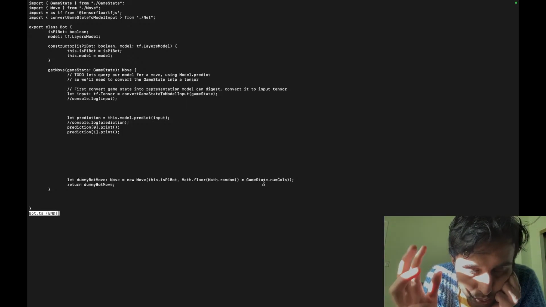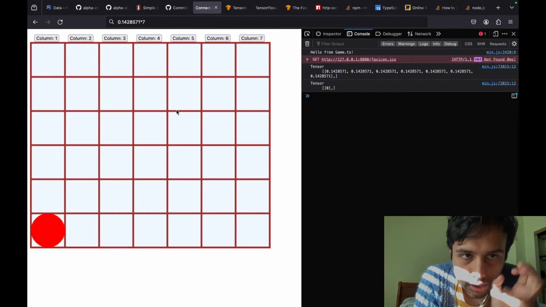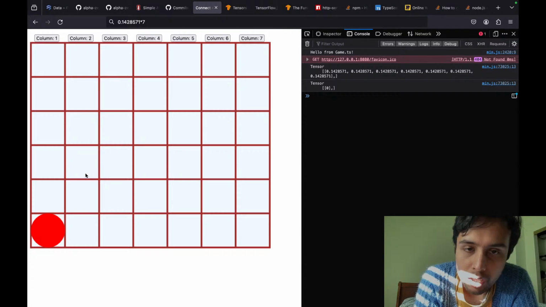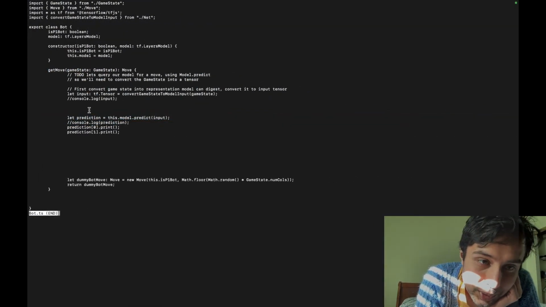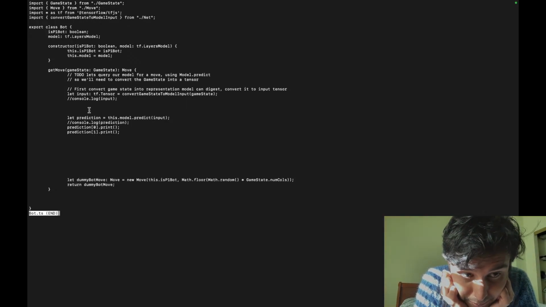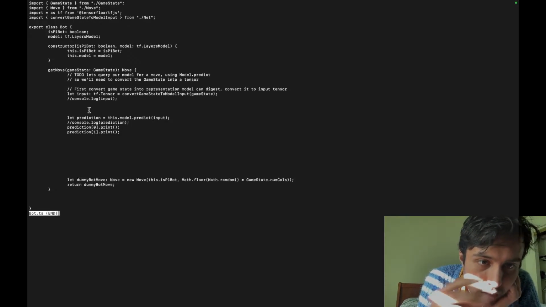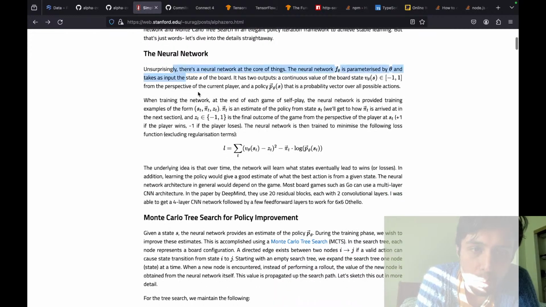Once I'm actually using the network's prediction, that means we've fully integrated the neural network with this game. And all that's left, and it's a substantial part, is to actually train the network. That's where AlphaZero, the Monte Carlo tree search with the updated UCB upper confidence bound algorithm, comes into place. Instead of Monte Carlo tree search with rollouts at the end, we just replaced the rollout phase with a neural network evaluation, which is why this article is such a wonderful article. But right now we're just completing this step.